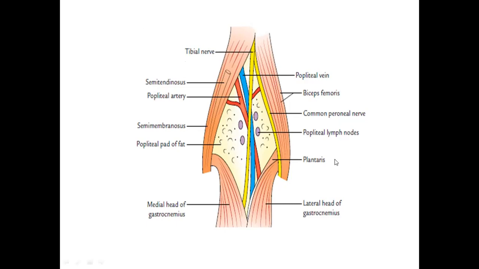How is it crossing it? This is the artery, right? So this is going down, this is the medial side, this is the lateral side. So the popliteal artery is crossed superficially by the popliteal vein from the lateral to the medial side. This is lateral and then it goes medially. Okay, and then in turn this popliteal vein is crossed superficially by the tibial nerve from the lateral to the medial side, as you can see here.